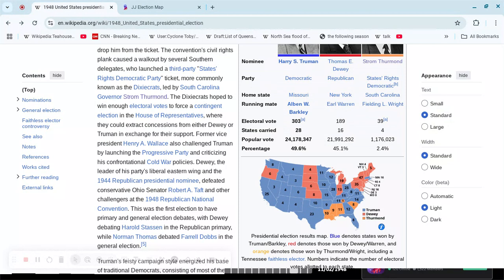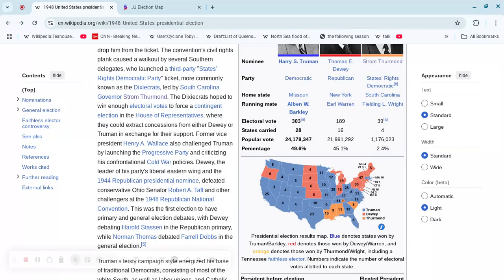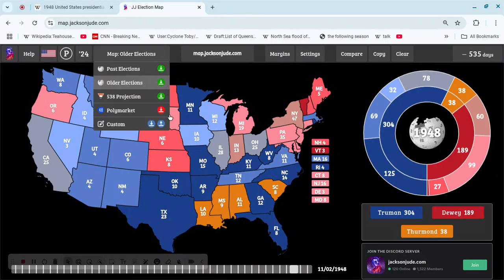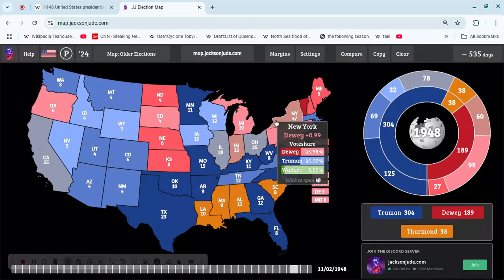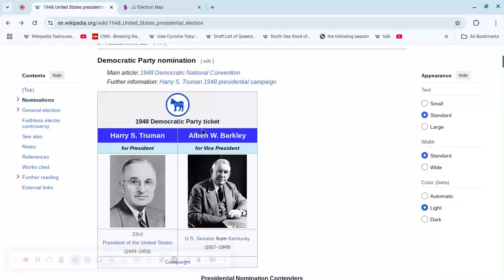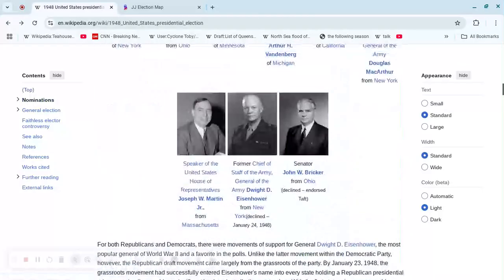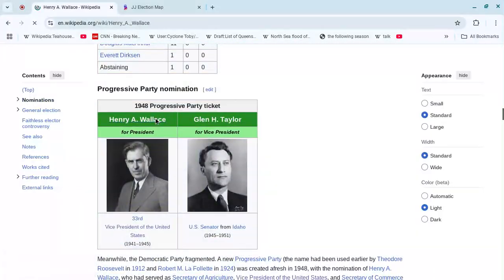But, it doesn't really matter when you sort of factor in Henry Wallace's effect. 3 states, as I found out: Maryland, Michigan, and Dewey's own home state of New York, if the Wallace voters voted in line with the Democrats, then these 3 states would have flipped to the Democratic side as well. And why do I think Henry Wallace voters would have supported them? Well, look.